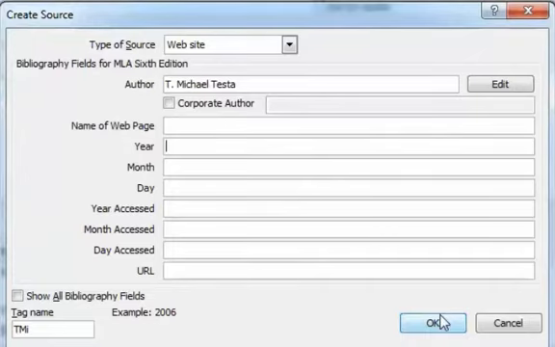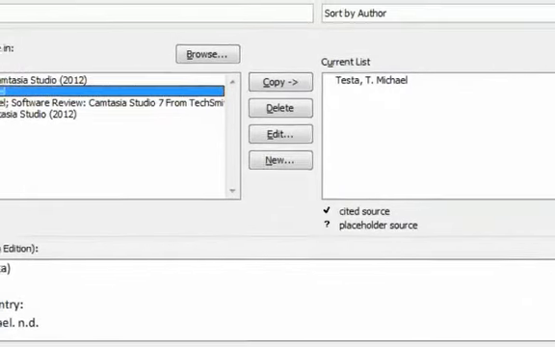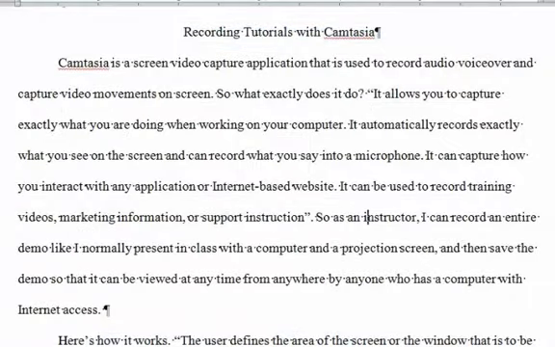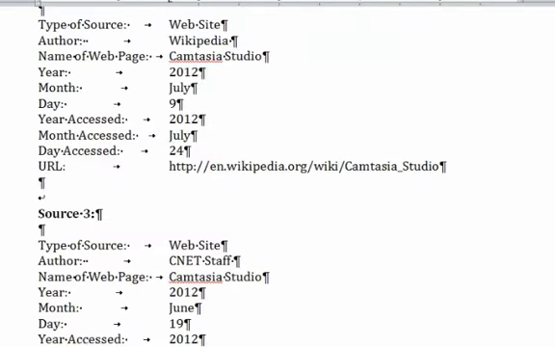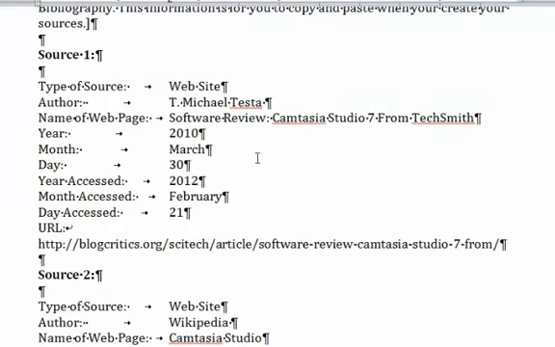So you either have to type things in, or if you close out of here, you can go back, copy, and then go back in here and paste. So for example, if I hit OK here and close this, I can open up my other document, go up here to my first source, highlight that first source, and copy it,